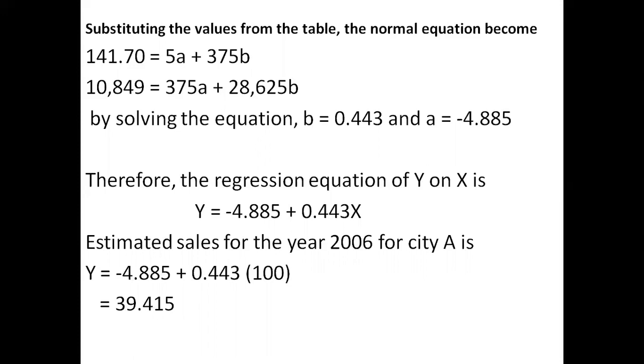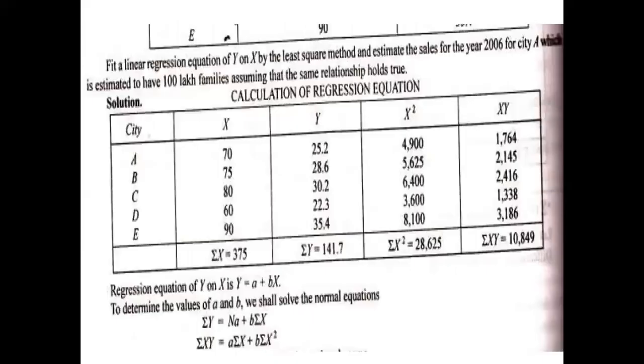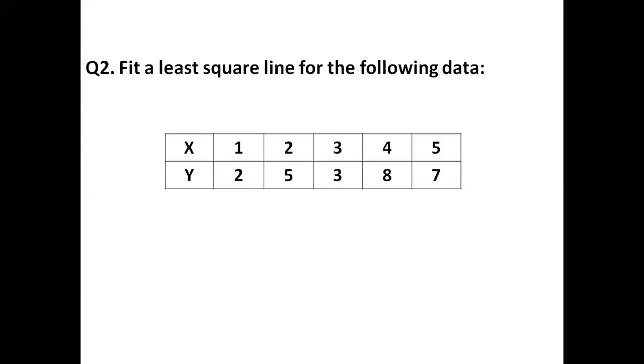So this is all about the numerical. I hope it is pretty much clear. Now we move to the second question, where you need to find out the least square line only. Means they are not asking for any kind of prediction or forecast, and the x value is not given. For that purpose, in this question we need to calculate only the regression line. Means you need to figure out y equal a plus bx, where we need to put the values of a and b only.